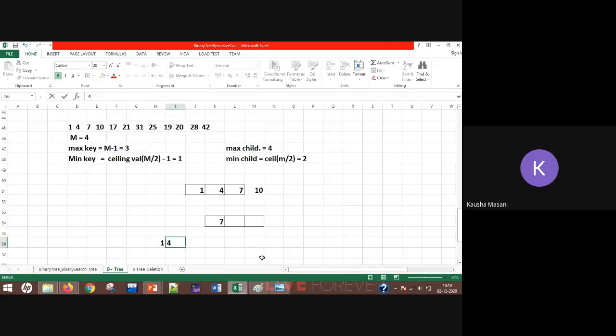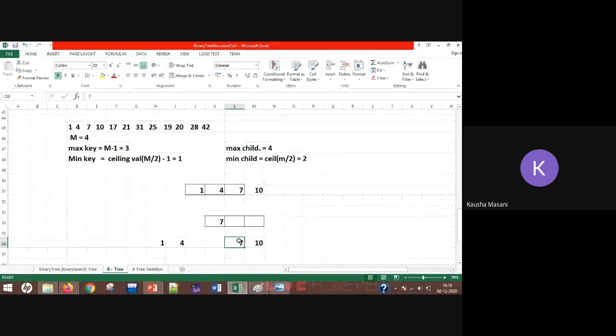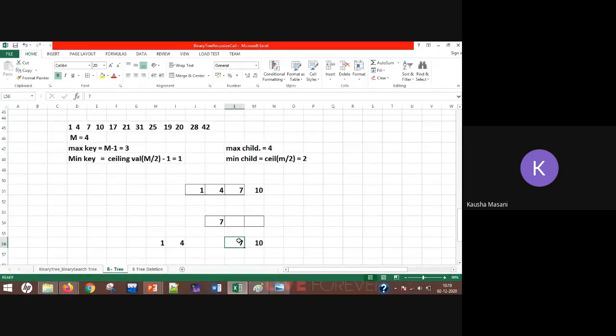अभी देखो यहाँ पे 7 मैंने फिर से क्यों कॉपी किया, बस I am just pushing the index value of 7. ठीक है, डेटा तो मेरा यहीं पे है. The difference between B tree and B plus tree is what? In B tree, you are shifting the entire data. Okay, but in this B plus tree, you are just going to shift the index. ठीक है, मतलब index you can understand this like that you are just pushing the image.